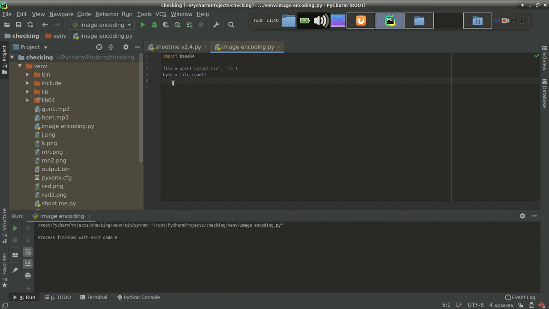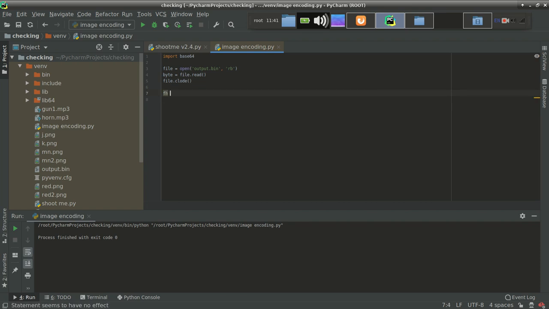Now what do we want to do? Since we have fetched the data, now we have to close the object. So file.close, we have closed that. But one thing, we have fetched the data but we haven't created any image from that. So let's create an image now. How do we do that?